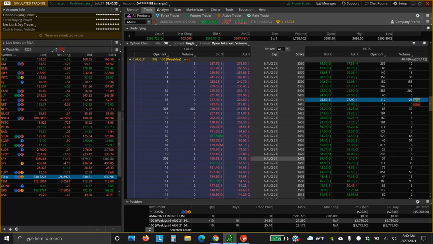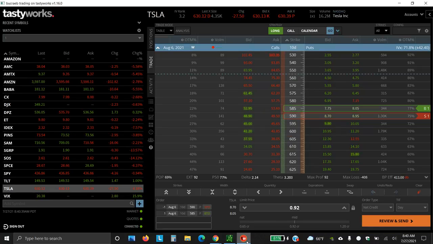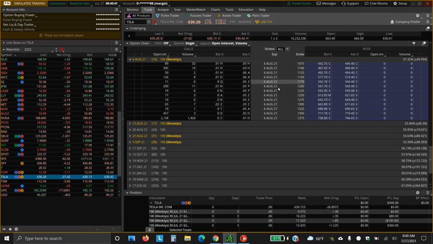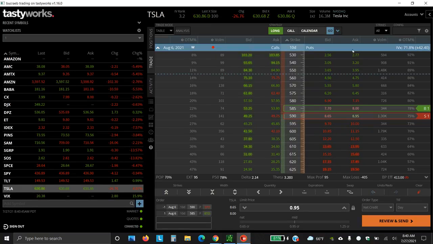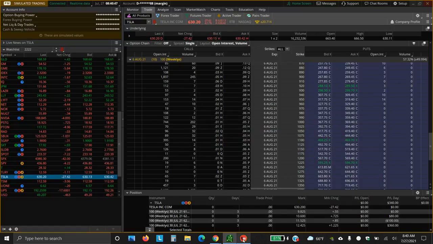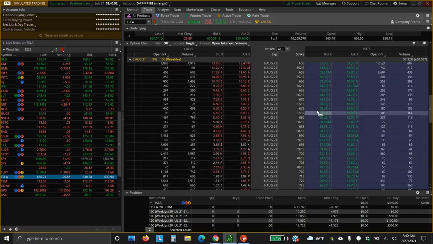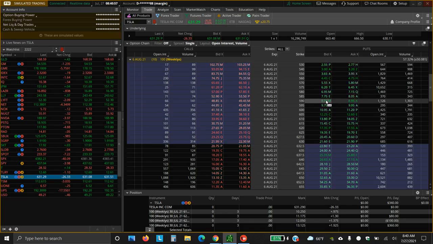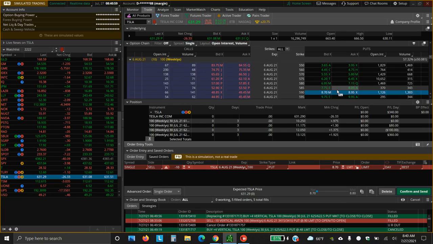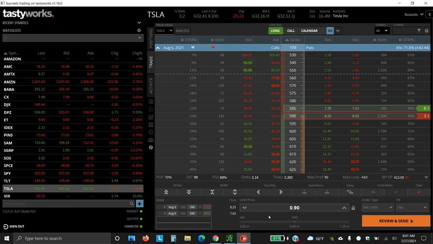So I'm going to go to option trade, go to August 6th, and I want to sell the put side, sell the 590, right here. Sell that, and then you shift and click on the buy on the 585. You get 92. Let's see if it's 90. Yeah, it's about right.